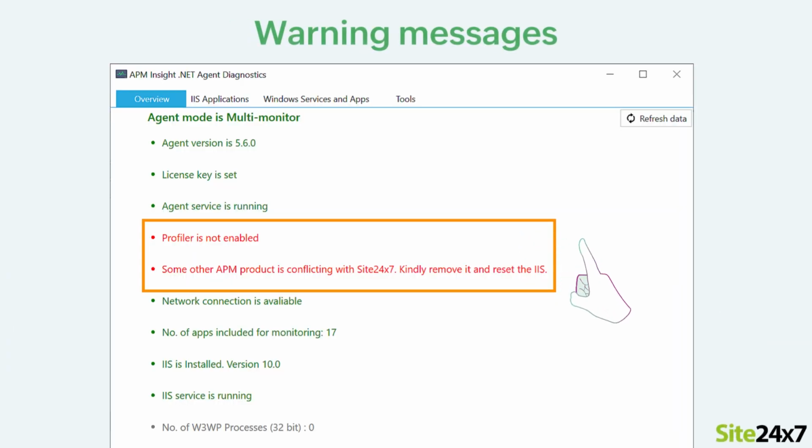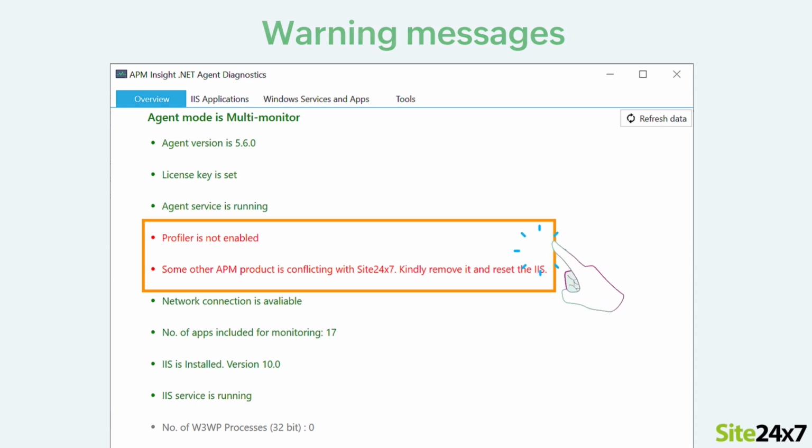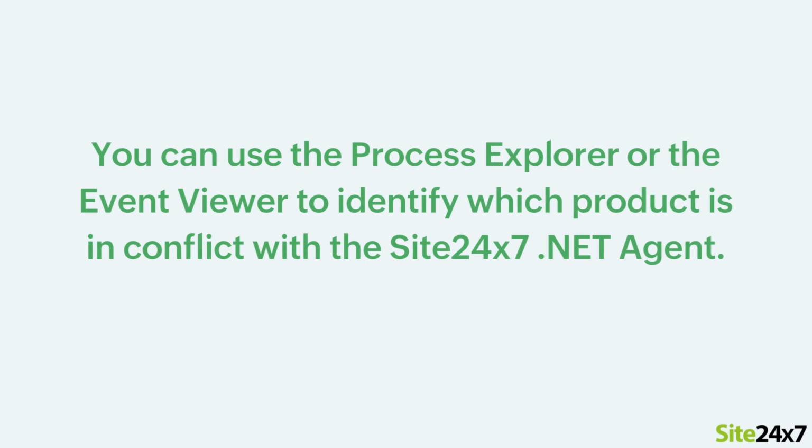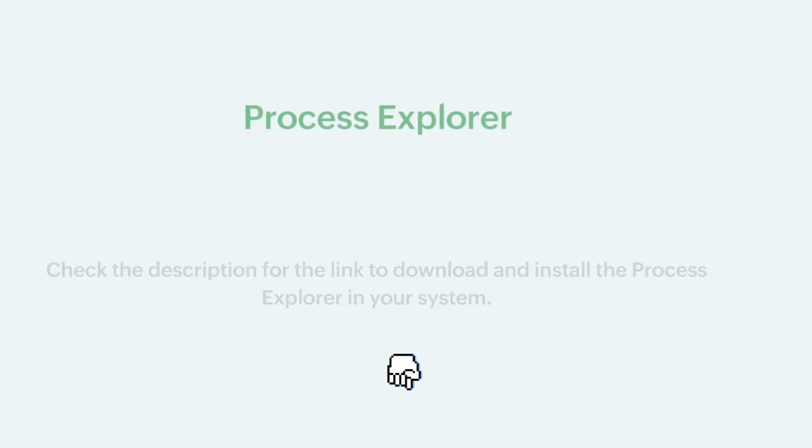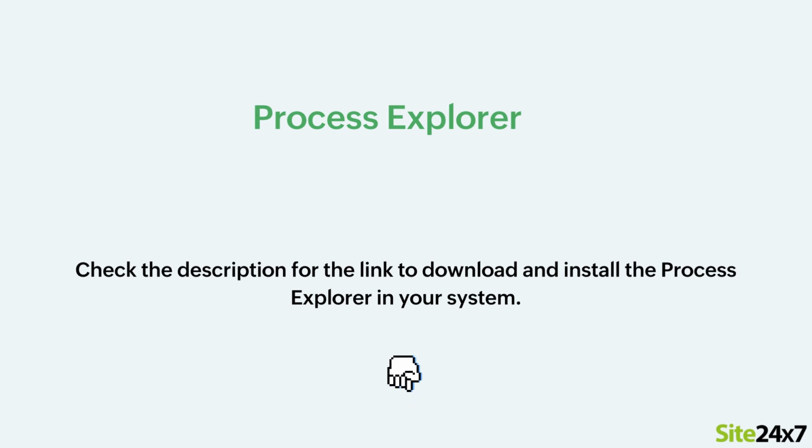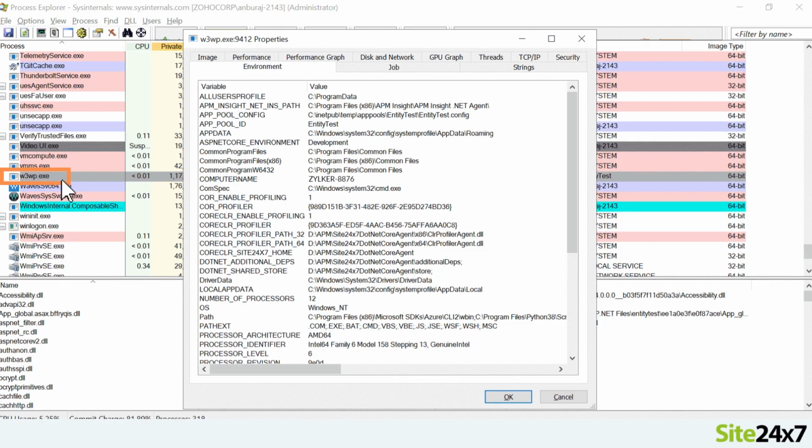If any other APM products are conflicting with the Site24x7 .NET agent, you will be notified as shown in the image. You can now use the Process Explorer or the Event Viewer to identify which product is in conflict with the Site24x7 .NET agent. First, let's see how to do this with the Process Explorer. You can check the description for the link to download and install the Process Explorer in your system. Once installed, open the Process Explorer and select